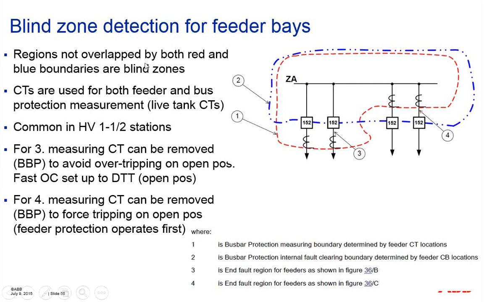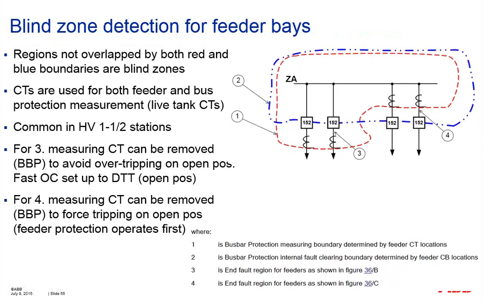again, regions not overlapped by both red and boundary are blind zones. CTs are used for both feeder and bus protection measures. So let's imagine this CT. Because typically, as I mentioned, for a breaker and a half type of configuration, you will not typically have an overlapping CT. You will not have a CT here. This is the line tank CT. So you will only have in